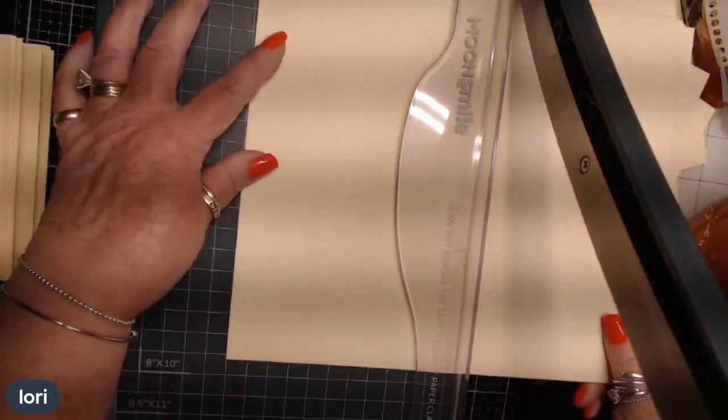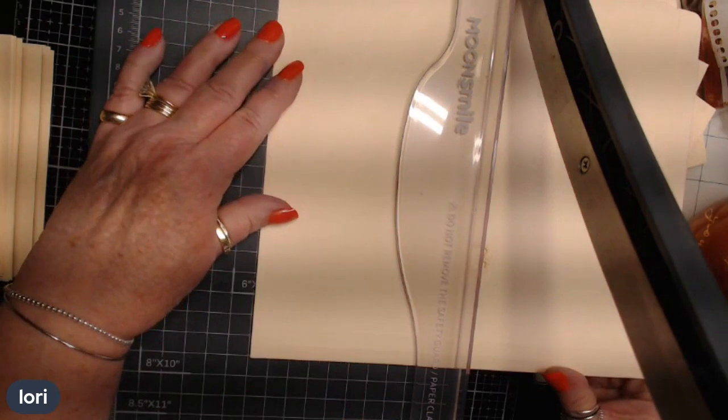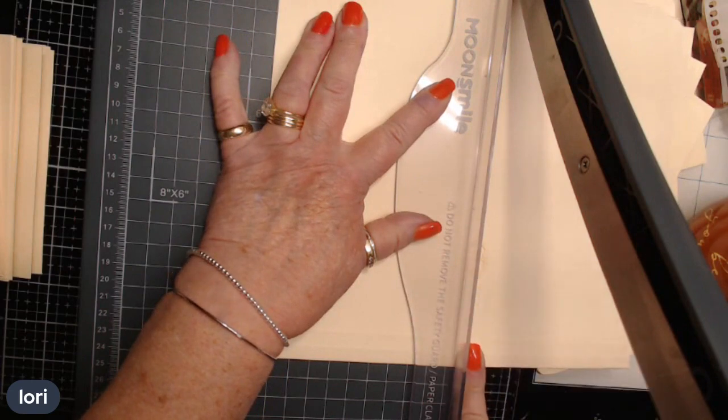I haven't done a Bricolage Daily for a little while because, oh no, see, this is going to cut right through and then be on the,